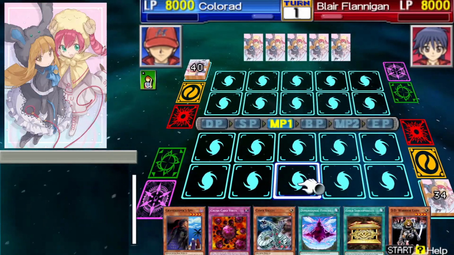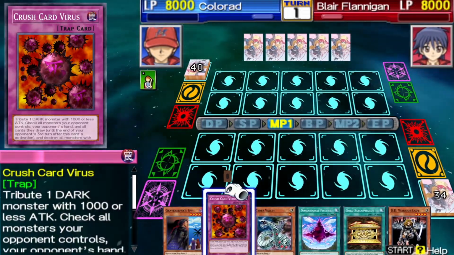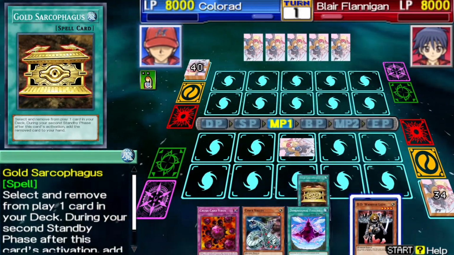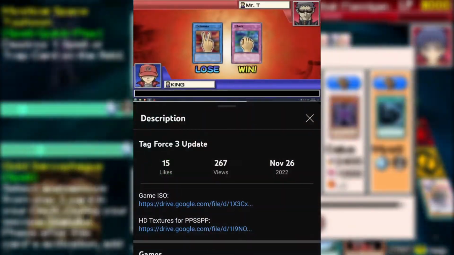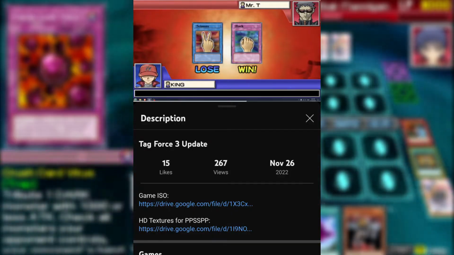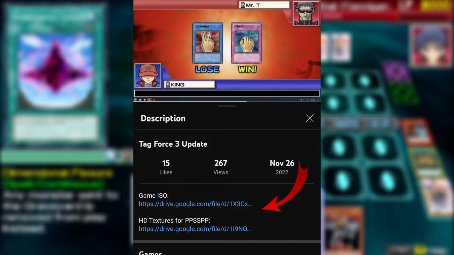But the part that makes it way better is the star of the show, the HD texture pack that he has handmade to go along with this new ISO. Setting this up is super simple. All you need to do is go down to the description. I'm going to have a link to his video about this most recent update, and in the description of that video, you will find links to the Google Drive where you can download both the game ISO